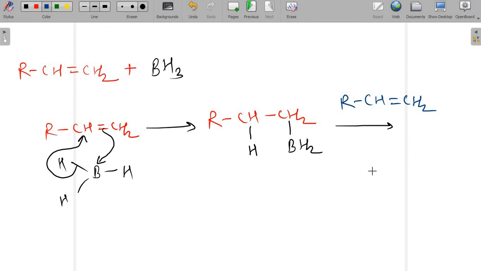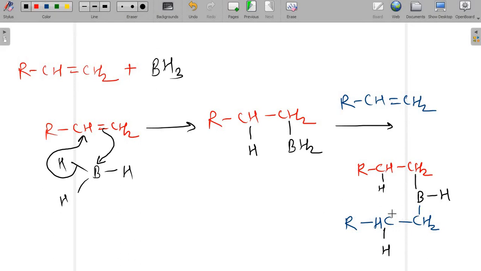Now see here the product. The first molecule is as it is, RCH2. This is the hydrogen of the first molecule. Now this BH2, this B and H, another hydrogen atom is replaced by this alkyl group. Suppose this boron and again CH2, here CH and R. One hydrogen atom from this boron attaches to this middle carbon atom like this. So this is the second step.